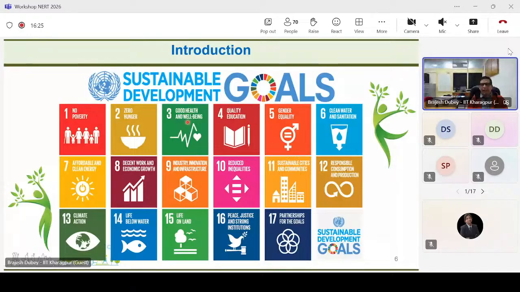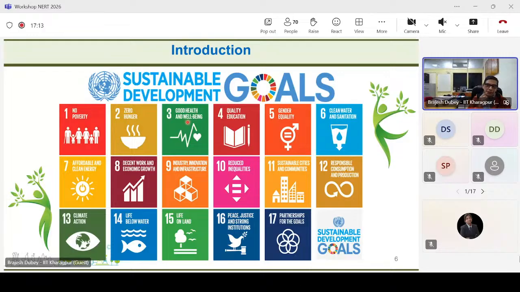And if you look at each of these goals, most of them need good engineering solutions, good engineering intervention. Without engineers, we cannot really meet any of these goals. Of course we need IT and other people, but the greater requirement is for good quality core engineers: civil, mechanical, electrical, and metallurgy. Unfortunately, most of the engineering students go elsewhere. How will we meet the sustainable development goals if we don't have good quality core engineers working in the country and globally? It's not possible to meet the SDGs. So we have to think about that part as well.